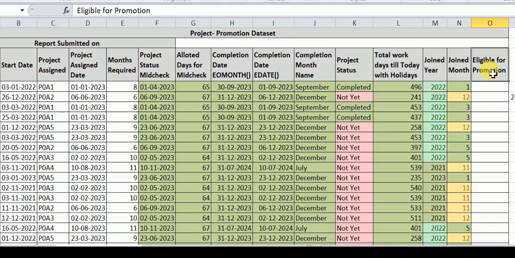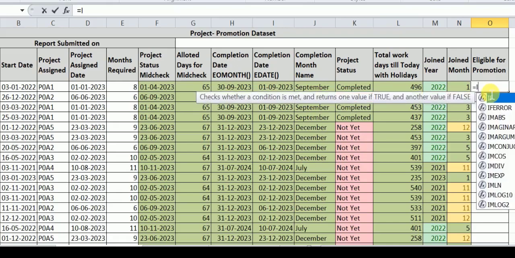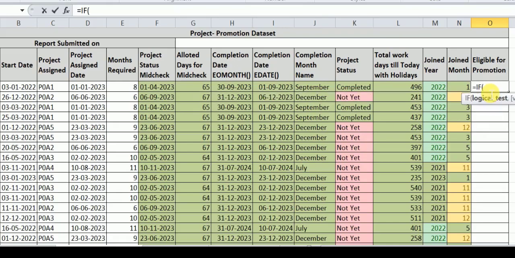For this, we have to consider this total working days column. Simple, for getting this result, we will use the IF function for the cell. If this is greater than or equal to 500 days, then display the employee is eligible,